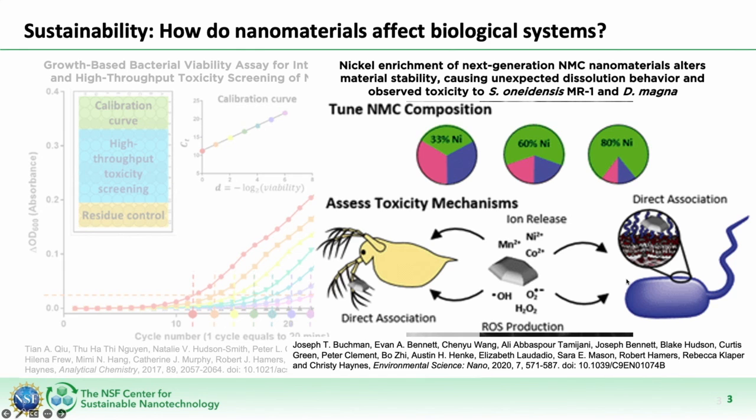Another CSN study later looked at how tuning how much of each kind of battery material, so in this case we have nickel, manganese, and cobalt, would change the impacts on the different organisms when you change the proportions. So this is an example where collaboration between experimental chemists and computational chemists in the center is really important, because theory and experiment can feed into each other to predict and test what happens with different amounts of these three metals.